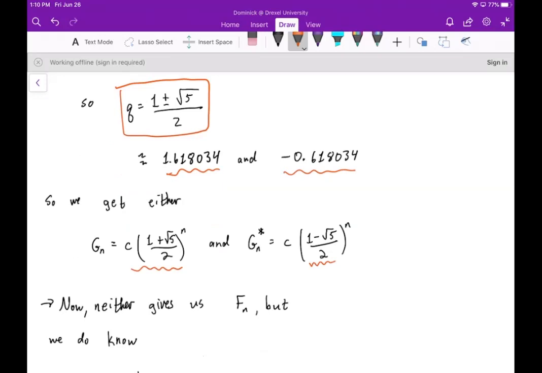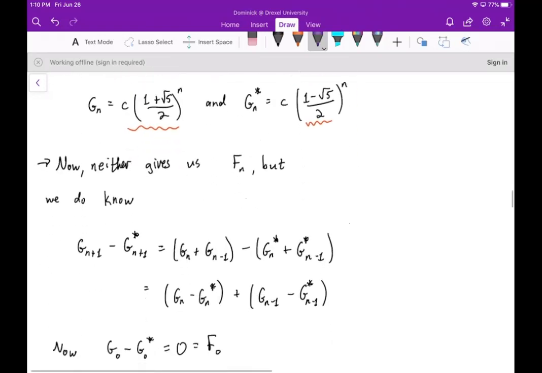Now, neither of these by itself would give you the Fibonacci numbers, because, for example, if n is 1, you get this crazy 1.618 or negative 0.618 number. So we know that neither of these gives us the exact Fibonacci formula. However, we do know